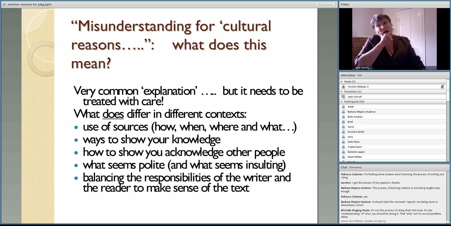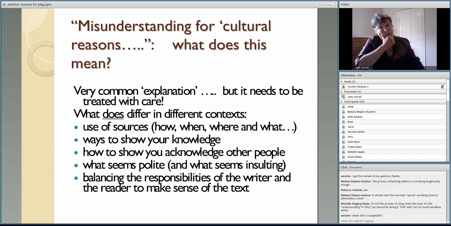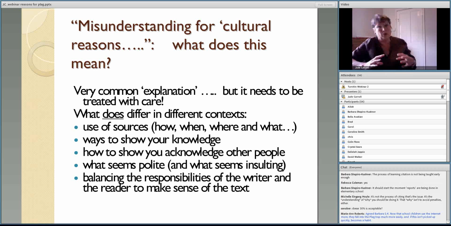So misunderstanding happens because it's complicated. It's really difficult to learn to use and acknowledge sources. Those of you around the world who are really just focused on copying, I have to stop students from copying. You've got to broaden your ideas to think about this using sources and using sources correctly and getting the skills to acknowledge and use other people's work as a source for your own.